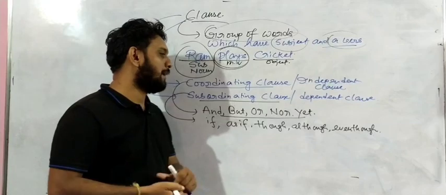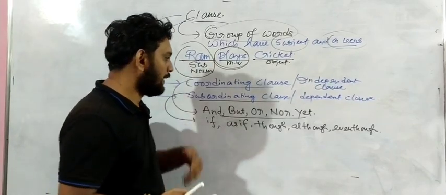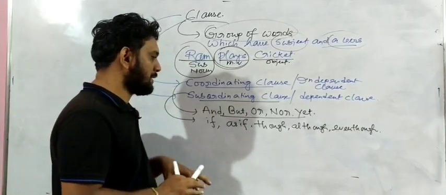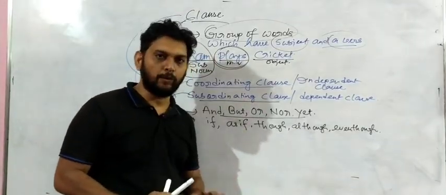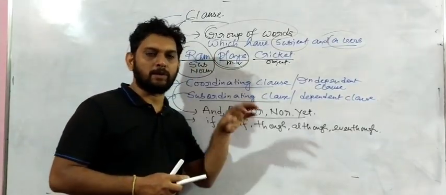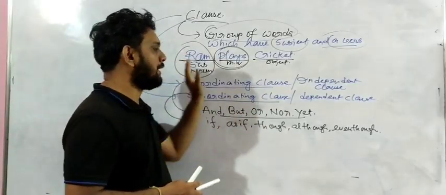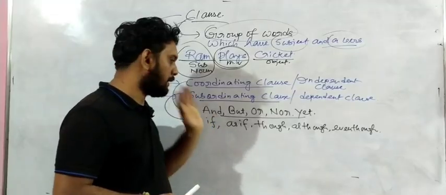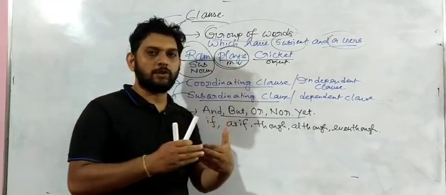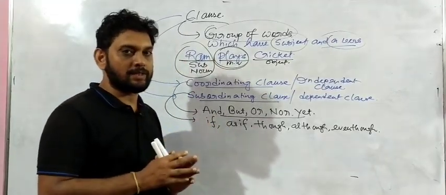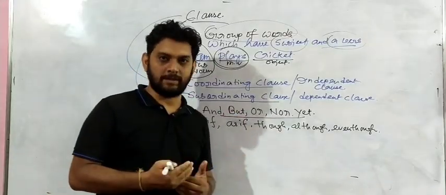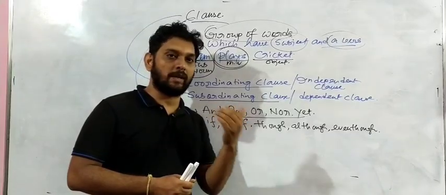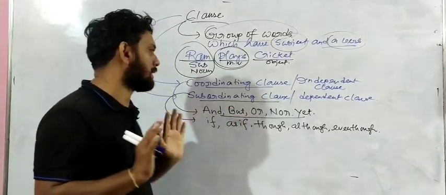So there are so many subordinating conjunctions. Okay, however, there are so many subordinating conjunctions. I have written some of them. When you study deeply about subordinating conjunction, then I will write all those subordinating conjunctions on this board. Then you can write it down very easily. Right now I just introduce what is subordinating conjunction and what is coordinating conjunction. Why we need to study coordinating conjunction and subordinating conjunction, that is our purpose for today's class.